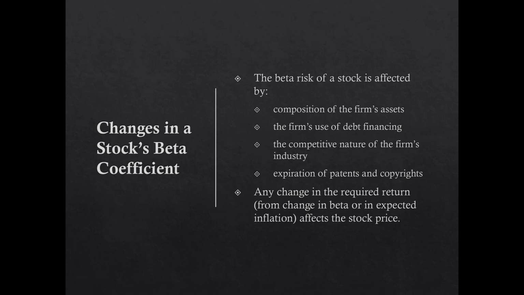Beta of a stock is affected by a number of things. It's affected by the composition of the firm's assets, and the firm's use of debt financing, because that provides additional leverage and adds risk to the equity. It's also affected by the competitive nature of the firm's industry, and expirations of patents and copyrights, which might change their intellectual property or create challenges for the firm. Any change in the required rate of return from a change in beta or expected inflation will affect the stock price. So if the required rate of return goes up, the stock price goes down. If the required rate of return goes down, the stock price goes up. Just like a bond,